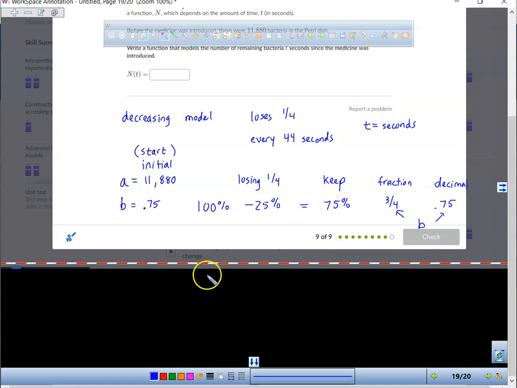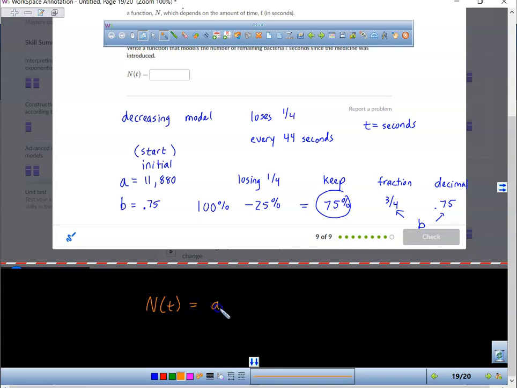Like, I thought it was 25%. No, you're losing 25%, but what are we keeping? That's why we got to use the B value as 0.75. So be careful. Students will miss this problem because they will use the 25% instead of using the 75% that you're keeping. So here's your final answer, guys. I think I'll do it in orange since you can actually see it. Here we go. N of t equals our A value times our B value